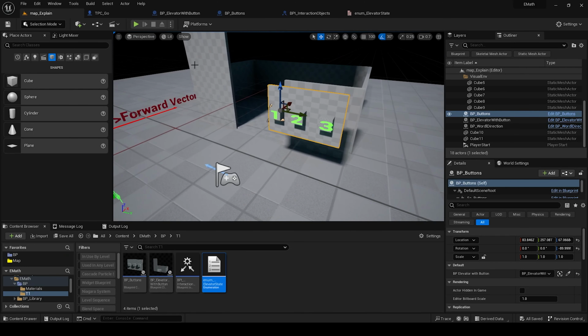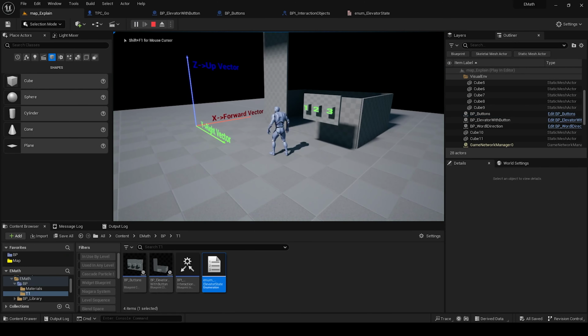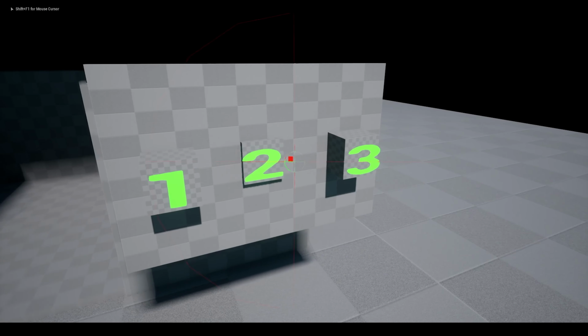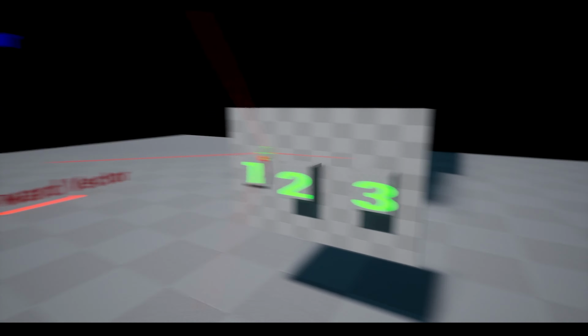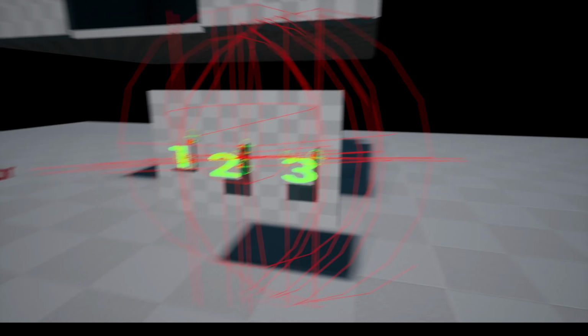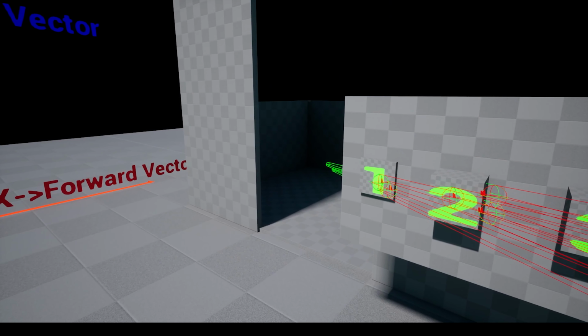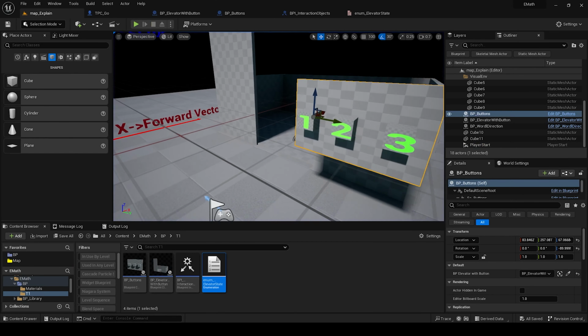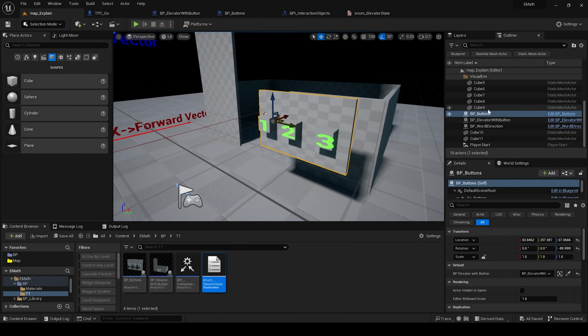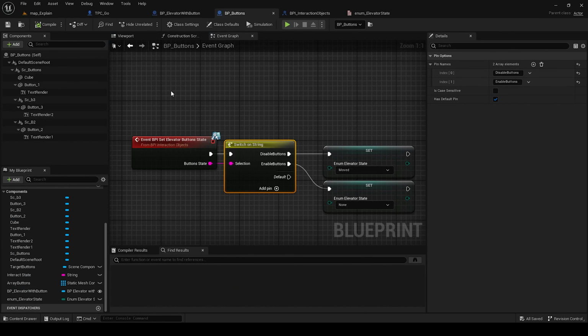Okay, let's go check. 2, we cannot press any other button if the elevator moved, and if it's back, then it can be. Okay, we can add the symbol of these buttons in our elevator directly inside,